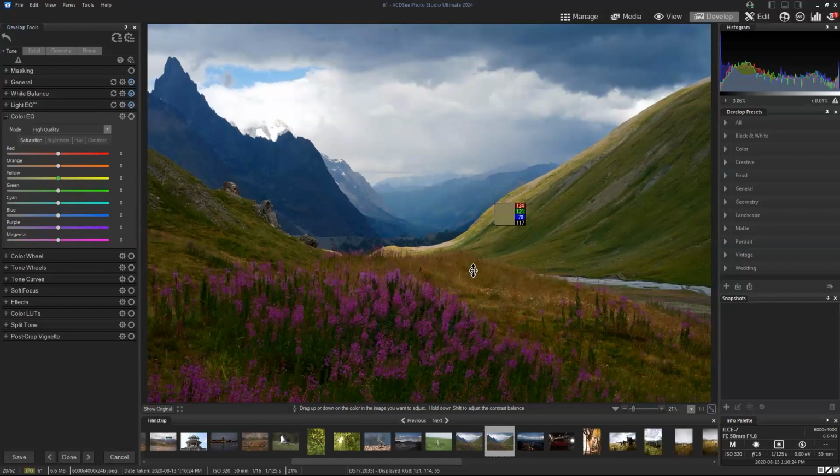So in Color EQ, one of the awesome things and one of the most straightforward ways to edit colors is, as soon as you open the Color EQ, you will see this sort of double arrow that appears in your image. And I could, for example, reduce the saturation, because remember, in my Color EQ I have selected high quality mode and I'm in the saturation tab. So if I click this and bring it down,